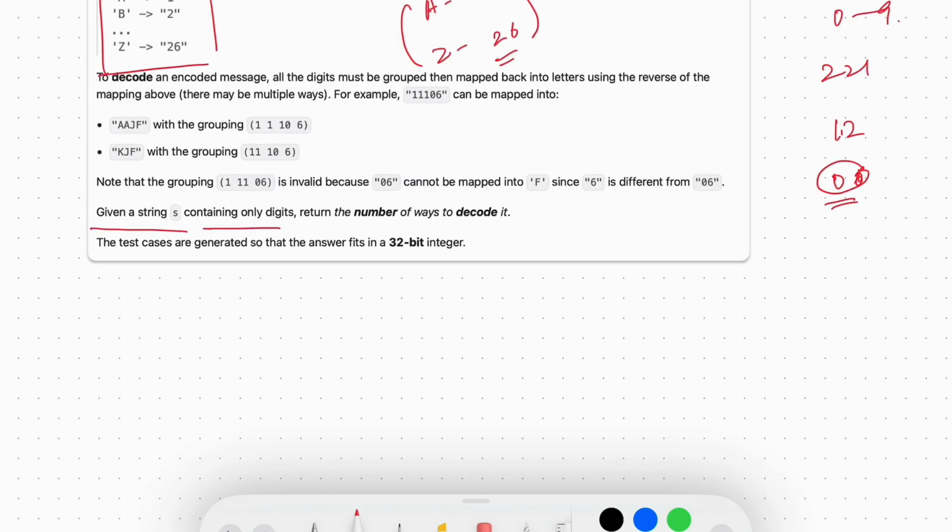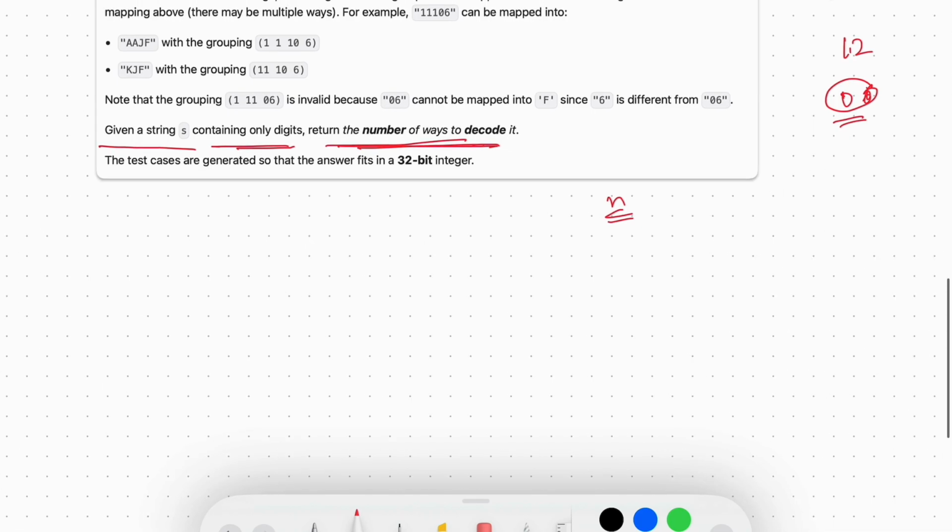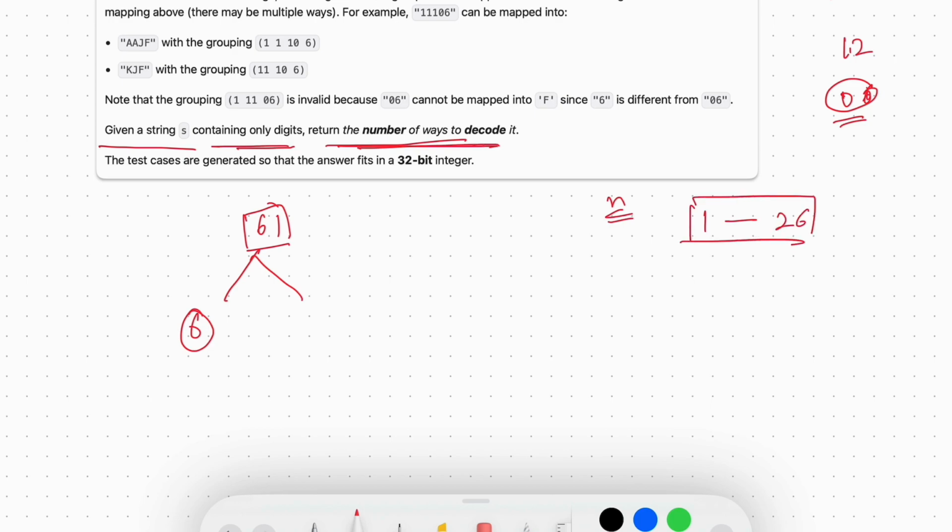Given a string consisting only of digits, we have to return the number of ways to decode it. So we just have to return the number of ways we can decode our given string. Let's take a simple example. Say we have 61. We cannot take 61 as a whole. We are left with only possibilities from 1 to 26 because these are mapped to A to Z. So we are going to start from left going till right. We are able to decode 6 and then we will decode 1. So we are left with only one possibility,